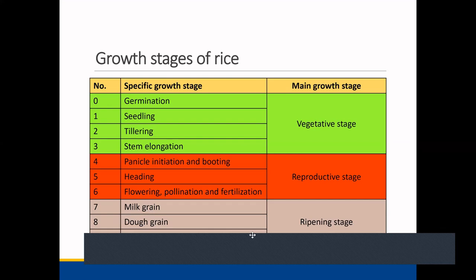The high temperature will affect the germination. That's true. But I am asking about the very drastic impact. Which stage will you observe a very drastic impact? Maybe I have touched on it a little bit when I taught the ecological requirements. That is true, I accept that the vegetative stage also can be affected by stresses. I'm not going to argue it will not be affected, but what is the